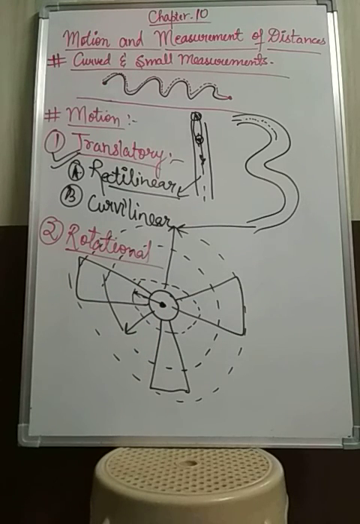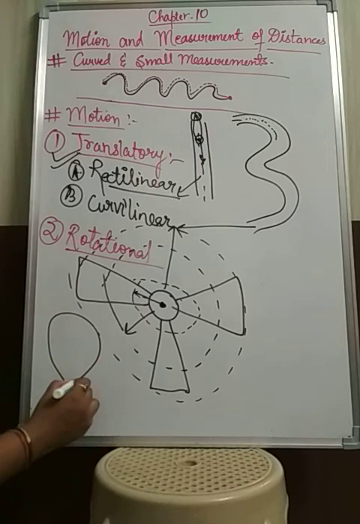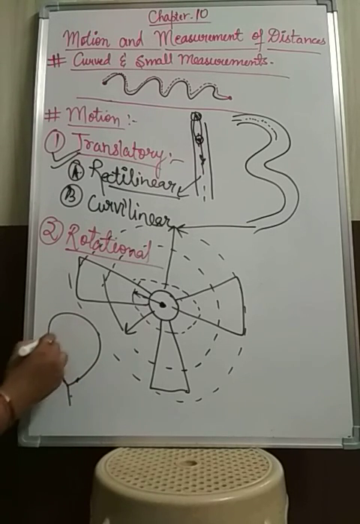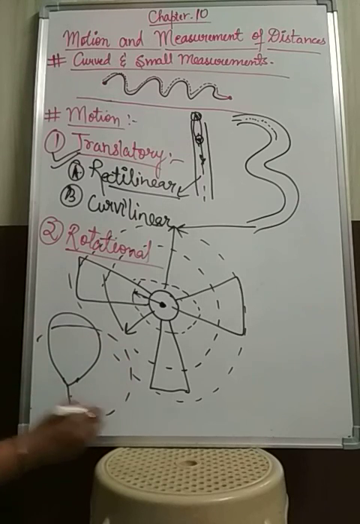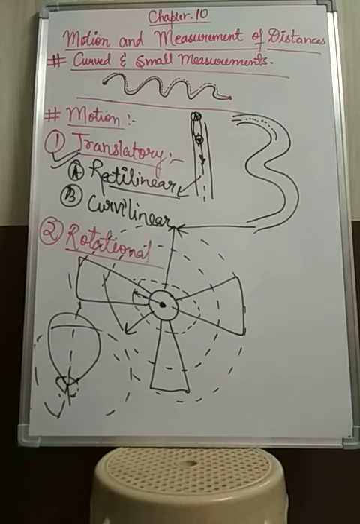You can take an example of a rotating top also. The outer part, like this one, is a rotating top. Okay, so the outer part of this top will cover that much of distance, whereas the inner part will cover this much of distance. Also, the top seems to be rotating around the imaginary line passing through its center. Thus the motion of a rotating top is considered as rotational motion.